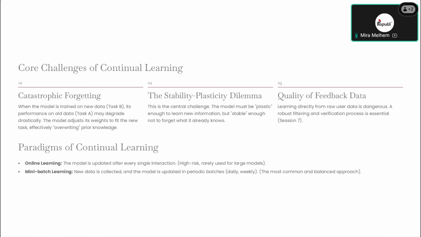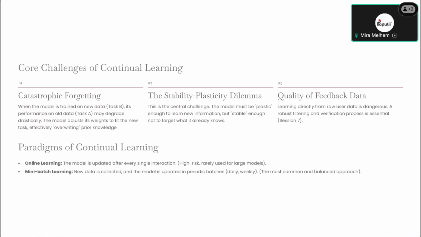Okay. We've also got the quality of feedback data. Not all data should be learned from, such as learning directly from the interactions of the users. This is extremely dangerous. Users make mistakes, they give conflicting information, they give false information, and even worse, they may intentionally try to break the system. So if we feed that directly into the model, we get bias, toxicity, wrong facts, and corrupted behaviors. This is why we really need strong filtering and validation processes